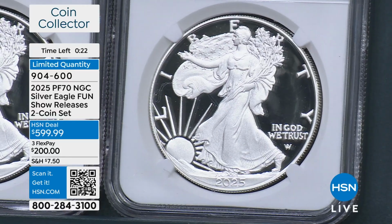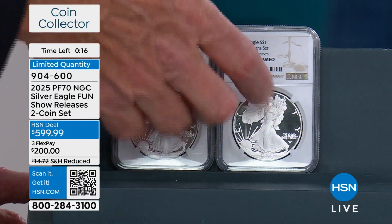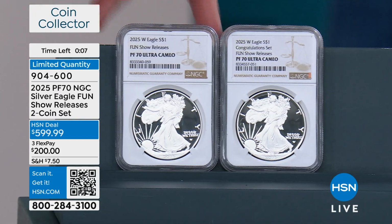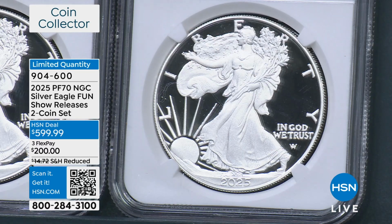Flew out the door in 2 minutes, at $349, I think. Okay, just for this. This is even rarer, even more desirable, and with the pair at $599.95, I mean, now you have something right here in terms of collectability. Like I said, I had 100 of these, and I think I had all of them. I don't know anybody else that was grading Congratulations Fun Show. I really don't know. I had the 100 that I had available, I brought here. So for me, the population here is 100, which makes it phenomenally rare. Add in